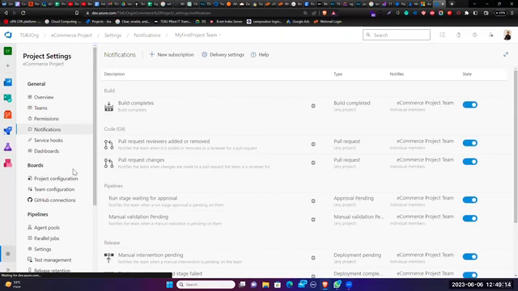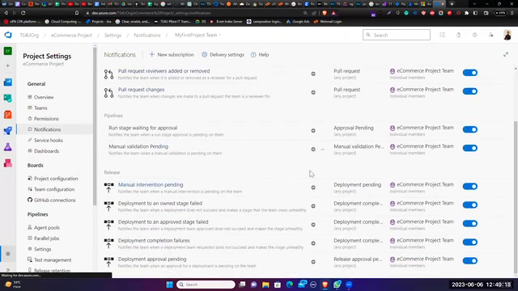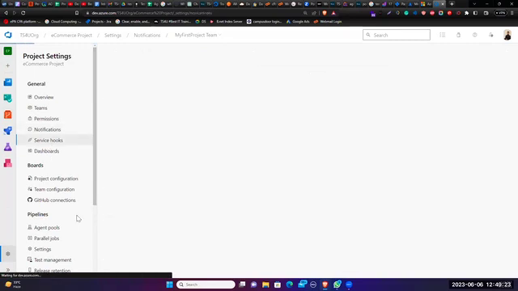I mean, you want to see the notifications of the build, pull request, reviews. If you want to see all these notifications, you can add the notifications. Okay, and this is the service hooks. Service hooks is like